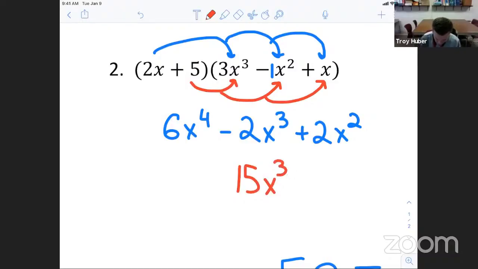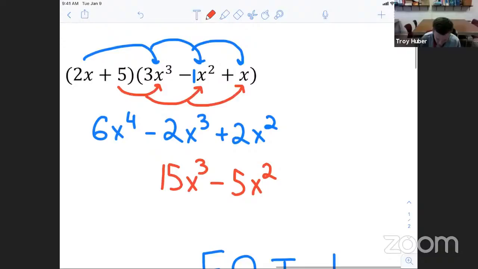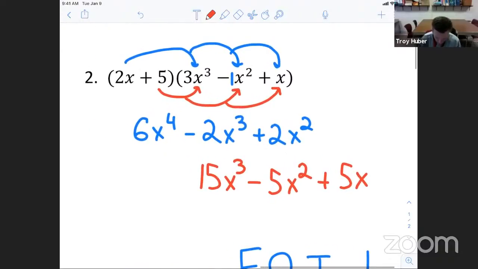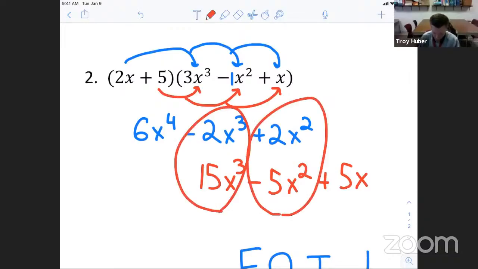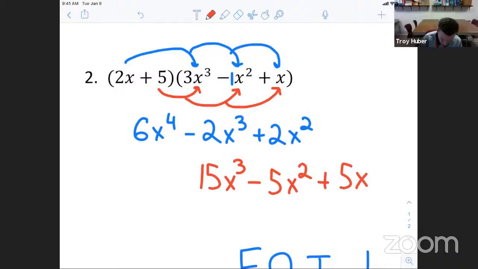5 times negative 1 would be negative 5, and then we have x squared. And then 5 times x would just be 5x. Now, you'll notice how I wrote these to help me when I'm combining my like terms. See how I lined up my x cubes and I lined up my x squared? So now, when I go to simplify this,